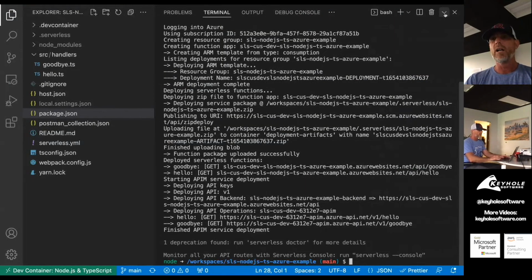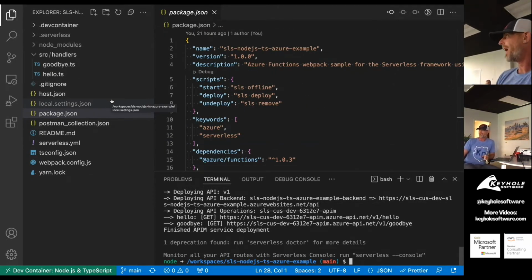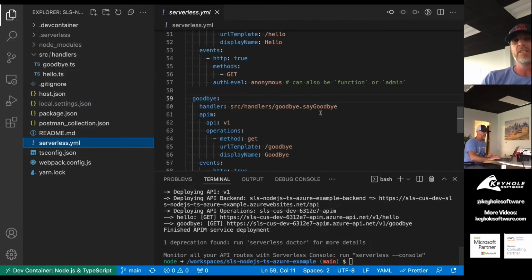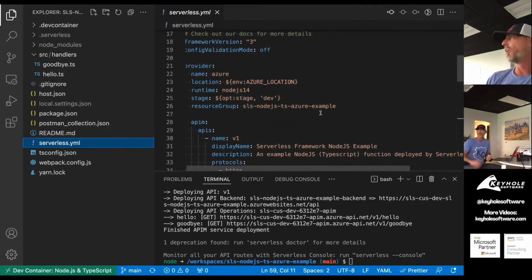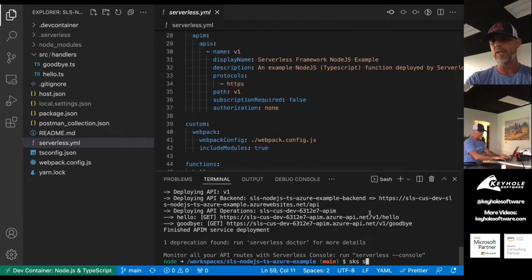So while I agree, that's why I said that word, remember the word they used, radically. Whether this is radically easier, I think is debatable. I definitely, just from my experience of creating ARM templates, this is far less configuration than I would need to do it through an ARM template. And I don't necessarily always understand the ARM template syntax. I spend a lot of time digging through documentation, whereas this is pretty straightforward, in my opinion. I can come here and now say SLS remove,